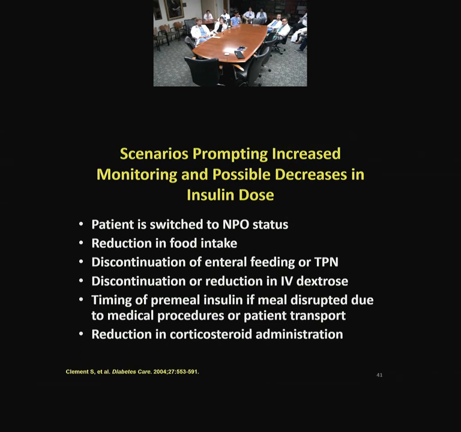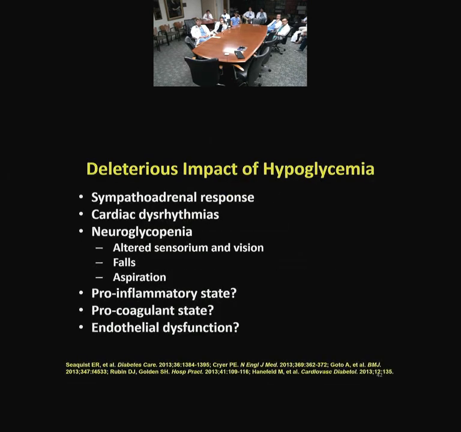And especially, you will get called at night because a patient is NPO, was given insulin and is now hypoglycemic. They don't eat. Again, they were on D5 for some reason, now it got stopped, and so all these issues that we talked about, you'll be called. And remember that people with hypoglycemia may have arrhythmia, altered sensorium and vision, falls, and they may aspirate. Also, they say that hypoglycemia is a pro-inflammatory, procoagulant state and can cause endothelial dysfunction,